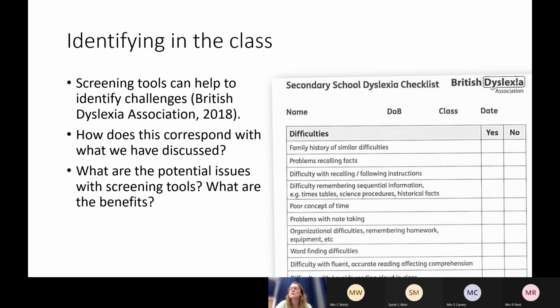Also, sometimes when I look at this with some of the students that come onto the postgraduate certificate, they say to me, well, how many yeses and then it's dyslexia? And again, it's not really that. It's not that every single thing has to be ticked off, because every individual is going to be different, and you might fall into some areas and not into others. So it's important to recognise that they are indicators and screeners,